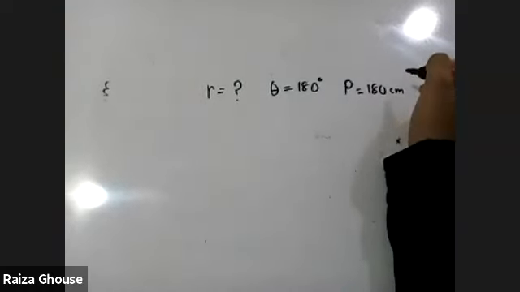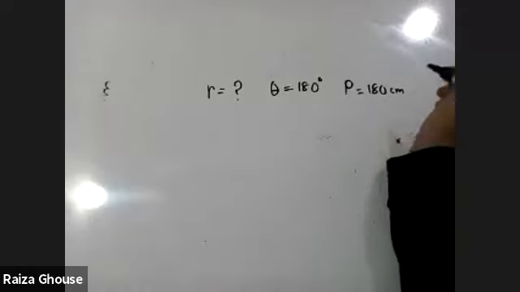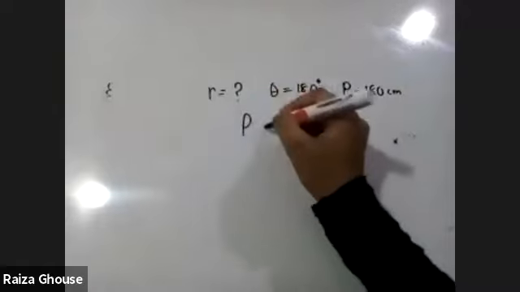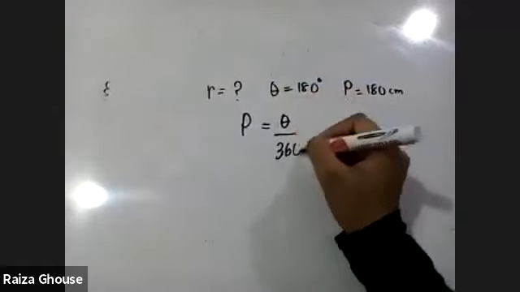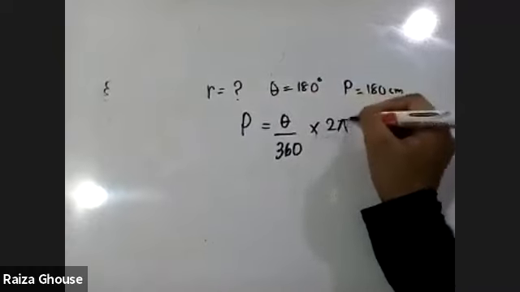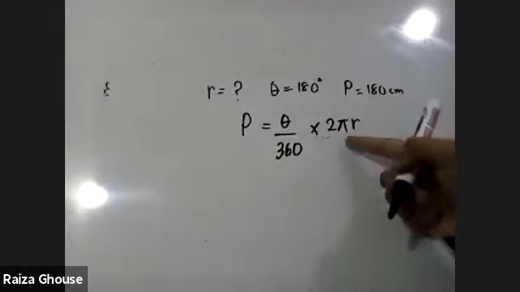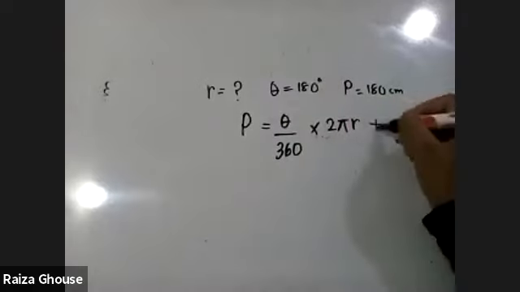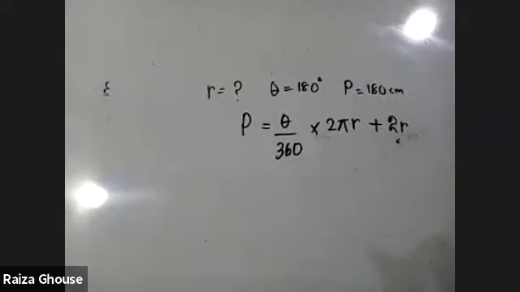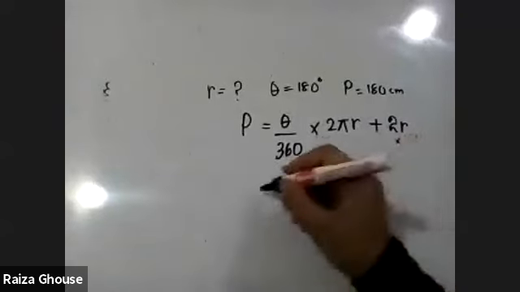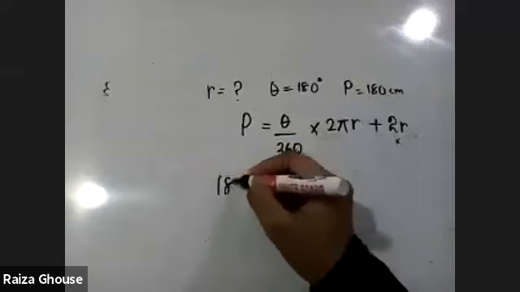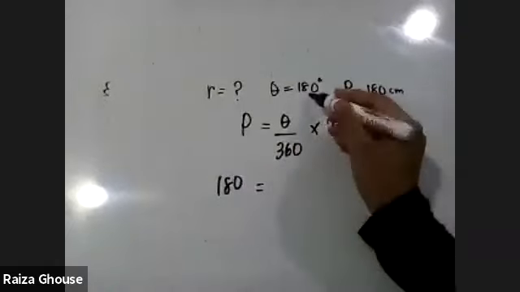Now there is one thing you should know. Perimeter. Okay, I forgot to give that equation for you. Write down this equation: theta over 360 into 2 pi r. This is arc length, no? So anyway, you can find it. Arc length and the two radii. That's how we did the previous question. Arc length plus the 2 radii. That's how we found the perimeter of the sectors, correct? So perimeter given 180, theta 180.